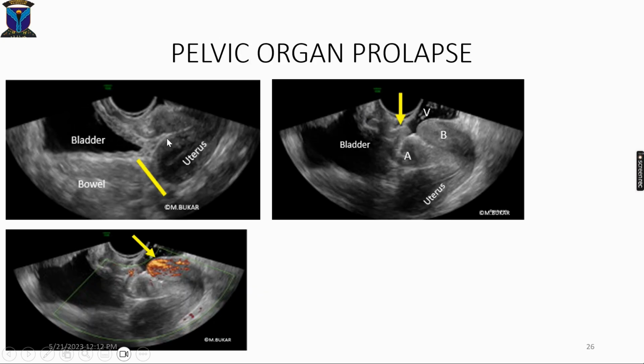This was a 57-year-old who presented with pelvic organ prolapse, note the position of the fundus of the uterus here. This area is occupied by the bowel, and note the displacement of the cervix downwards into the vagina. Again, using gel sonovaginography, note the increased blood flow to the posterior lip of the cervix. Here also note the prolapse of the anterior wall, clearly delineated because of the gel